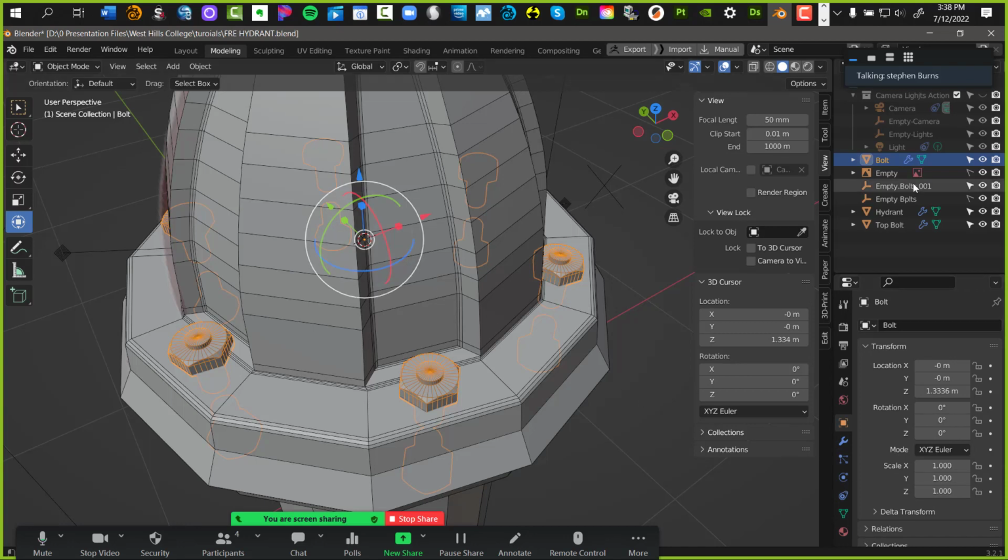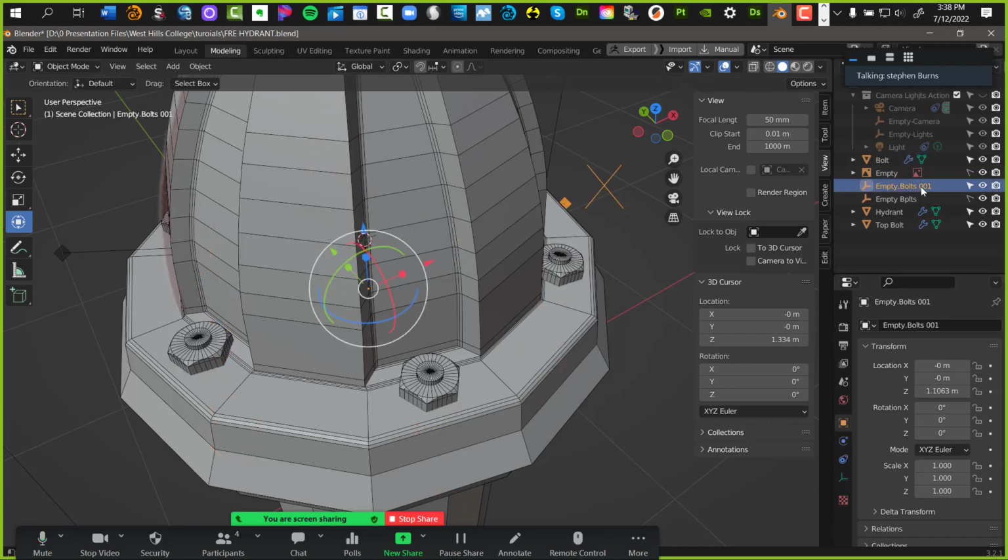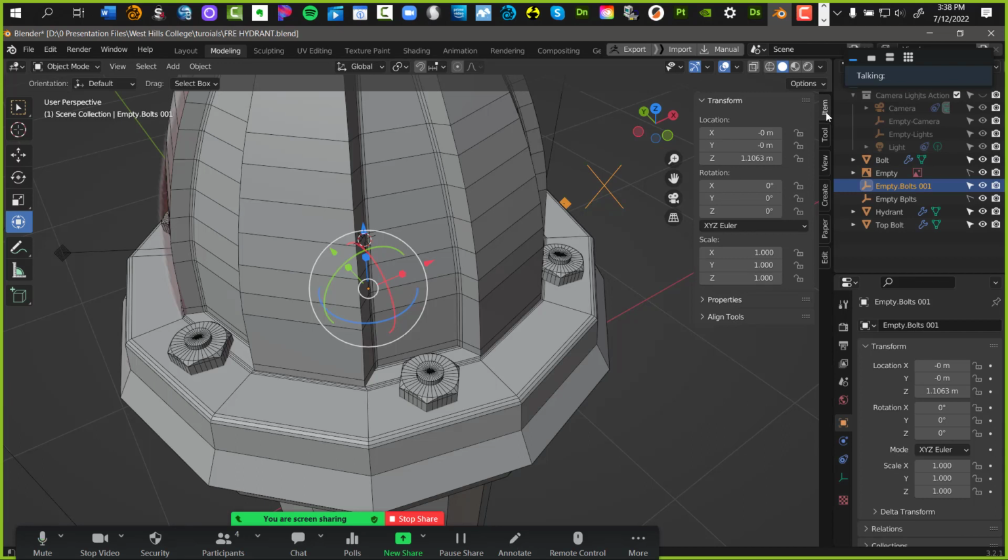That's the boat. Now I want to select the empty boats there. And I want to check one last thing. Item. All right, so if I select the empty boats, yeah, it's doing something, but it's not doing what I thought I wanted it to do. Okay, so with the empty boats selected,